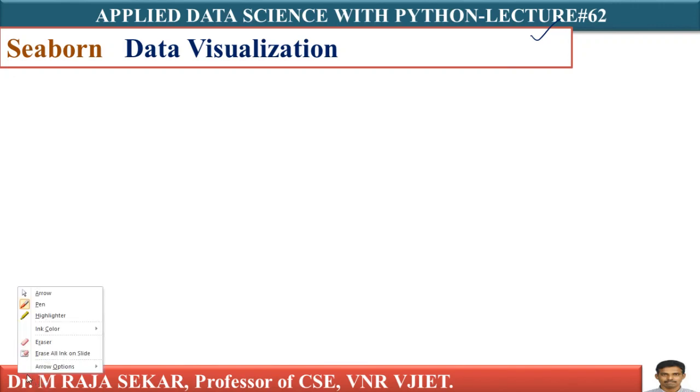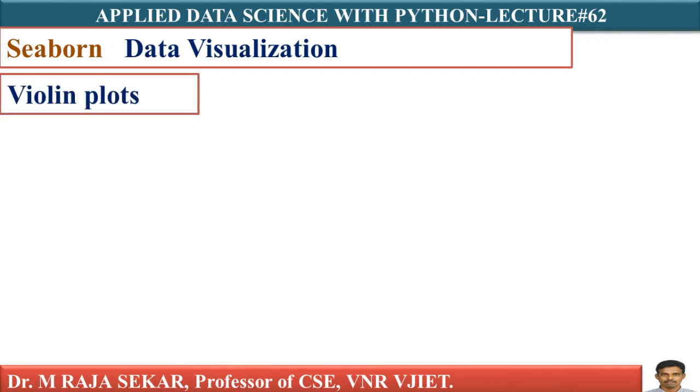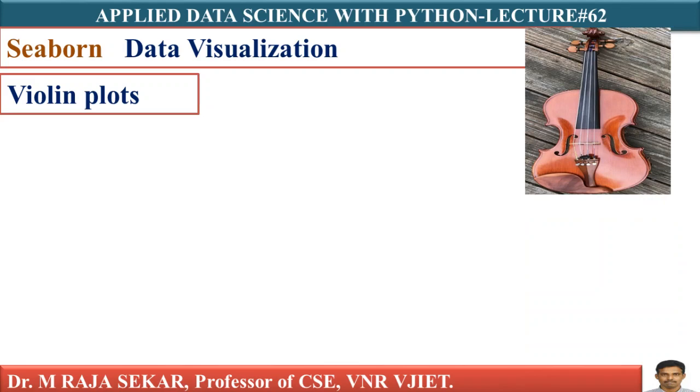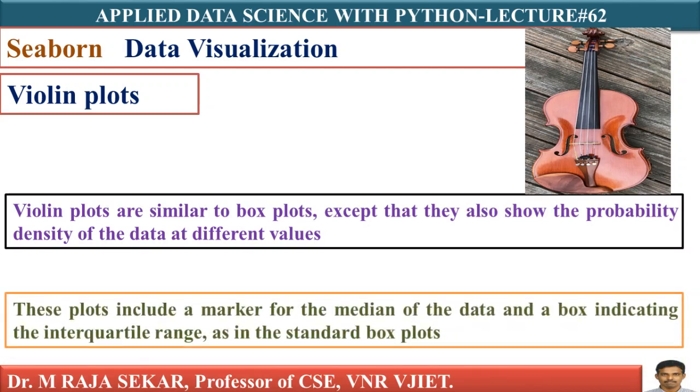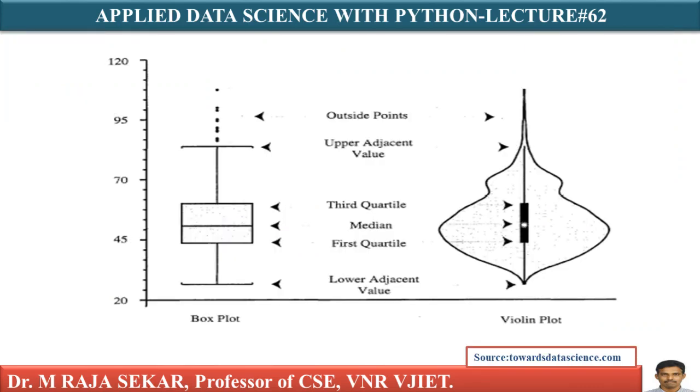In this lecture, we will try to understand violin plots. In general, violin plots are a method of plotting numerical data and can be considered a combination of the box plot with kernel density plot. In the violin plot, we can find the same information as in the box plots. Violin plots contain even more information than box plots. We will try to compare violin plot and box plot.